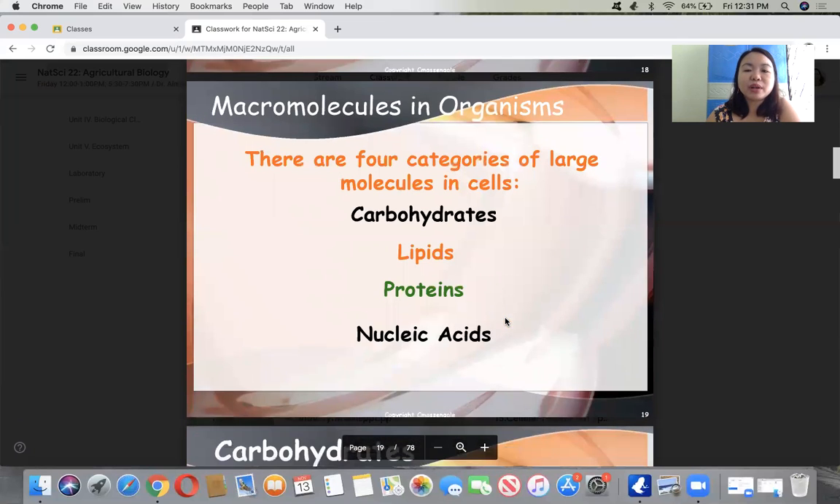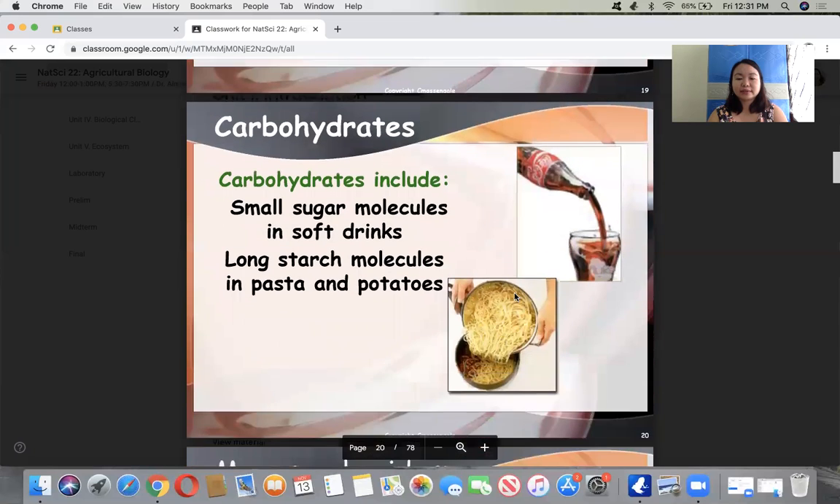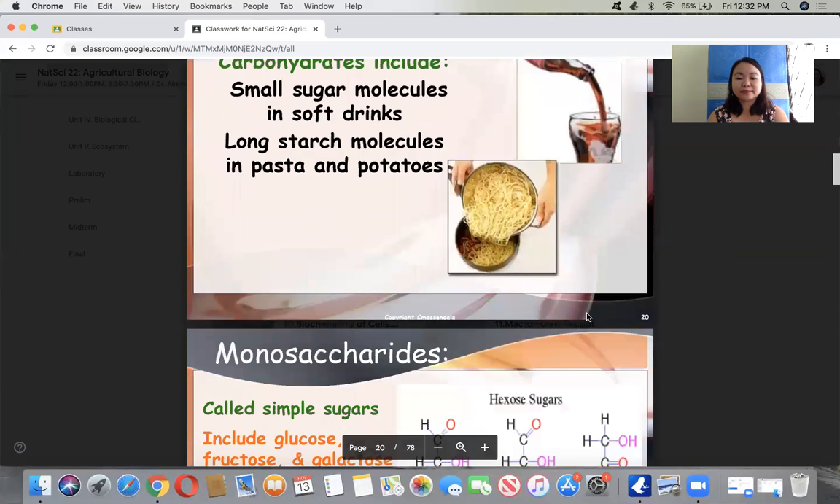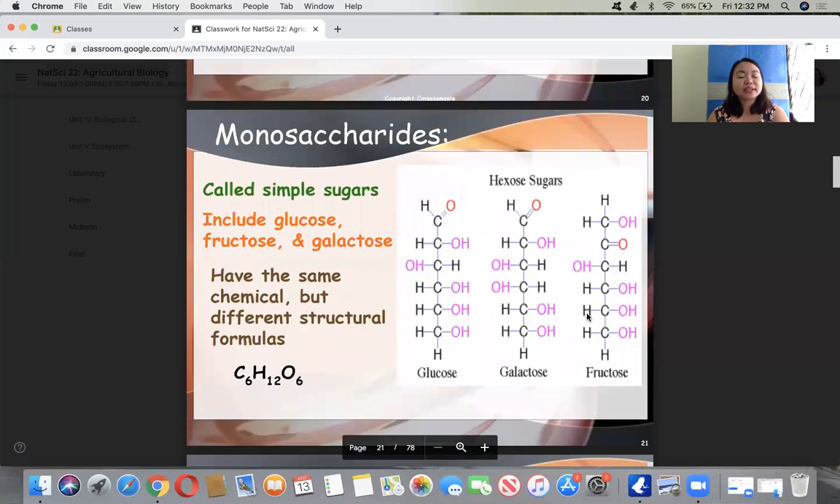The macromolecules in organisms have four categories of large molecules in cells, and these are once again the carbohydrates, the lipids, the proteins, and the nucleic acids. So what are carbohydrates? This includes small sugar molecules in soft drinks and long starch molecules in pasta and potatoes. So one classification under carbohydrates is the monosaccharides. These are called simple sugars, which include glucose, fructose, and galactose, and they have the same chemical formula,